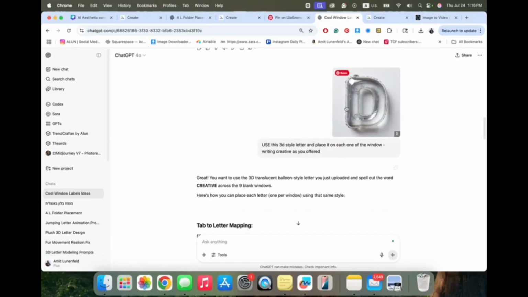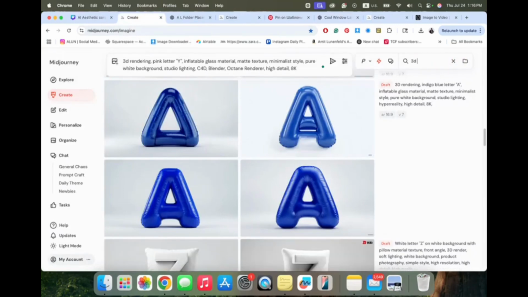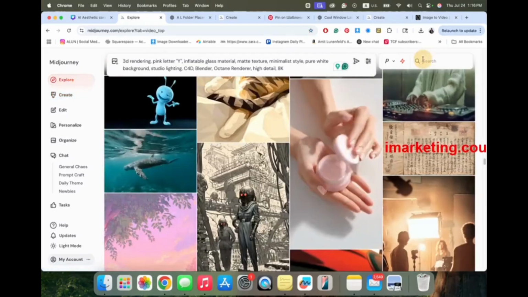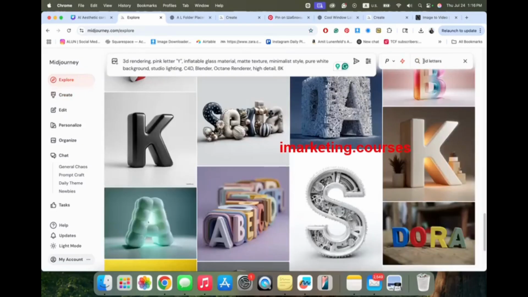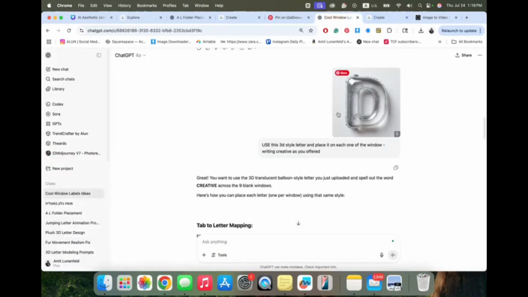This letter I downloaded from Midjourney. When you go to Midjourney, you click on 3D letters on the explore page, and you can click here on the right side of the mouse and download the image, and you can use it in ChatGPT.